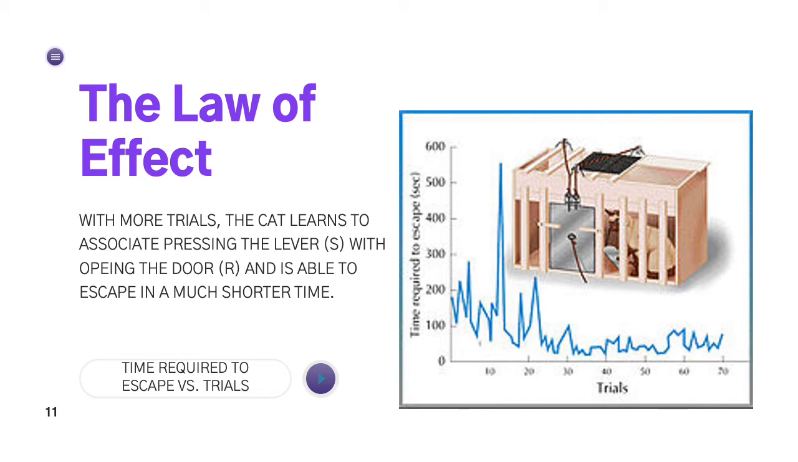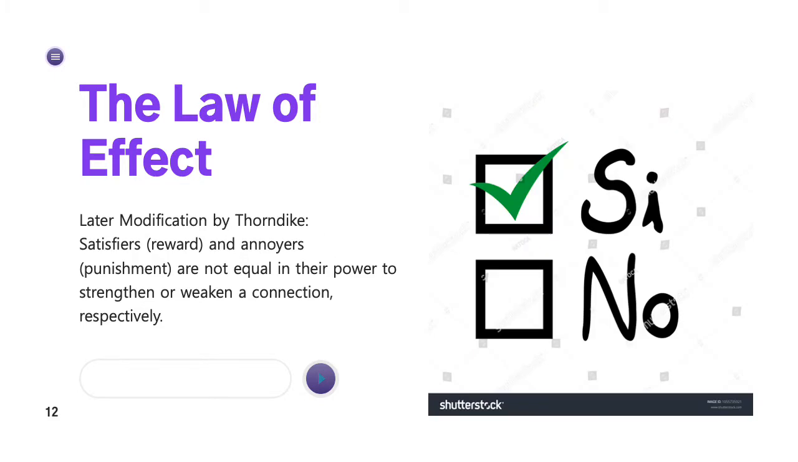Thorndike later modified this through a variety of experiments. He said that satisfiers or rewards and annoyers or punishment are not equal in their power to strengthen or weaken a connection, respectively. In one of these experiments, students learned Spanish vocabulary by selecting for each Spanish word one of 5 possible English meanings, followed by the rewarding feedback of being told "right" or the punishing feedback of being told "wrong." From the words of Thorndike,